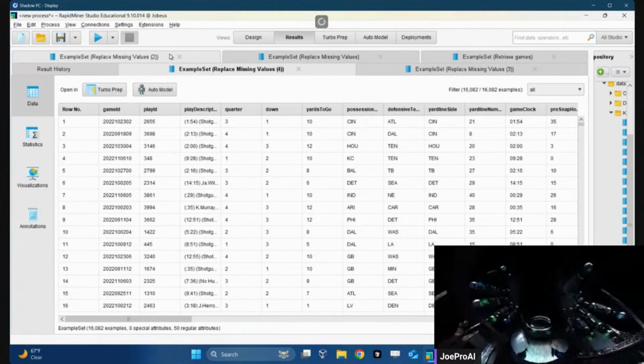Okay. All right, we're going to connect multipliers.